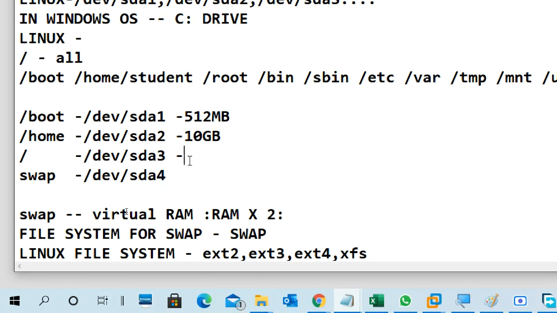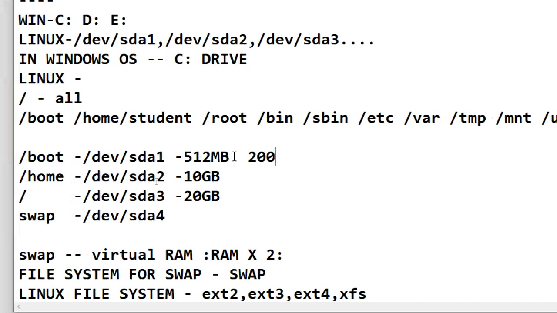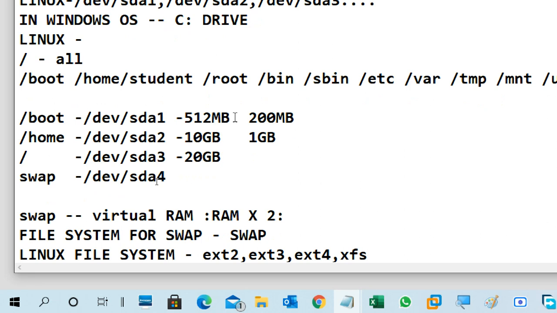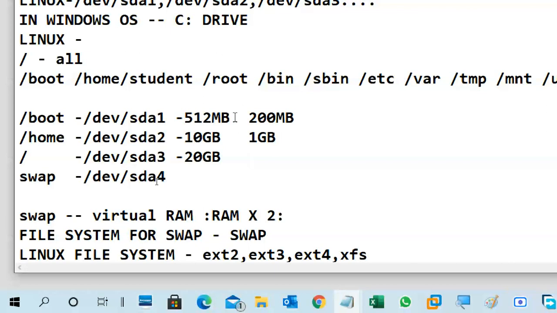Slash needs more space, so I'm giving 20 GB. Actually 5 GB is enough for slash. It won't take more space. For example, here you can give a minimum of 100 MB, but it is a new version, so you must give 200 MB. Here, if you want to give less, 2 GB or even 1 GB is enough. It's only user data. If you don't have much data, it depends upon the number of users and data. I gave 1 GB, for example. Here you can give 5 GB, that is enough.